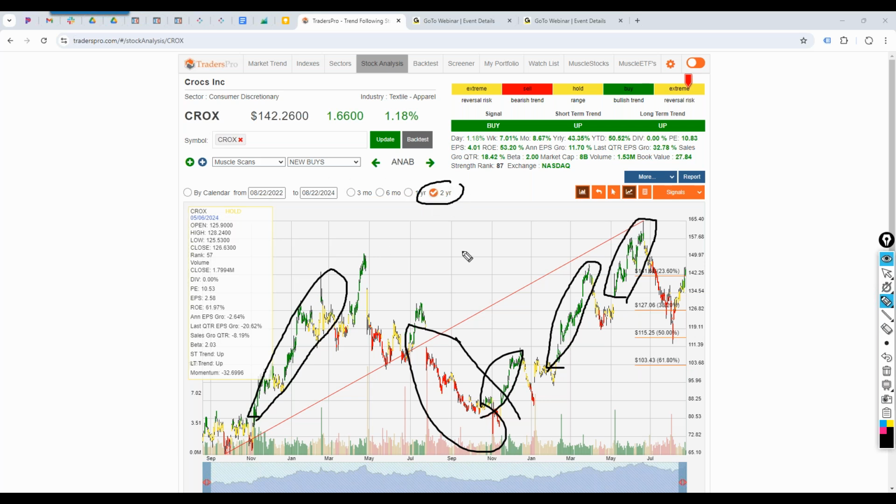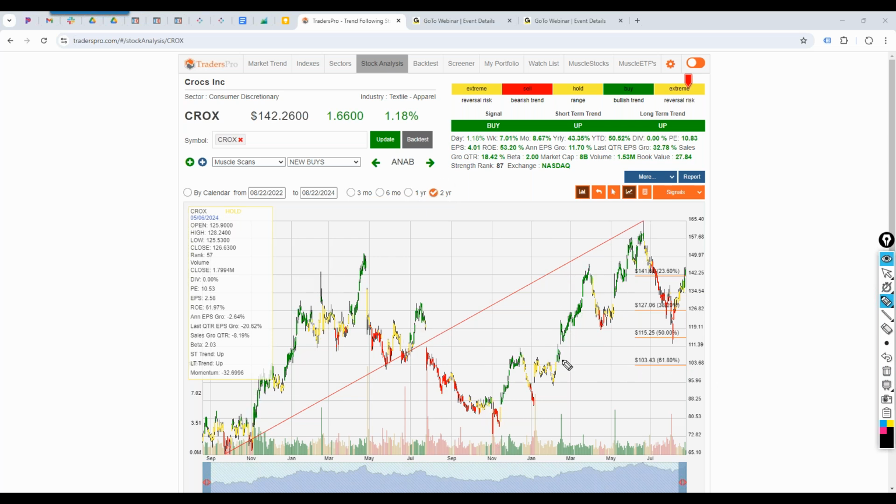And when I go out to that 2-year time frame, it looks very clean. It looks very clear. It's like, oh, that's obvious. Okay, that's obvious that I should be trading this and then trailing my stop loss. But what's harder to do is saying, what should I do now? What should I do today?